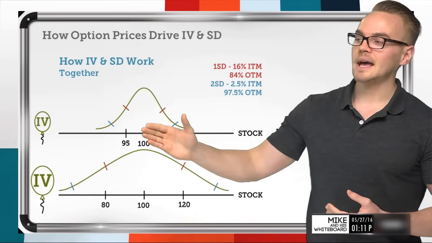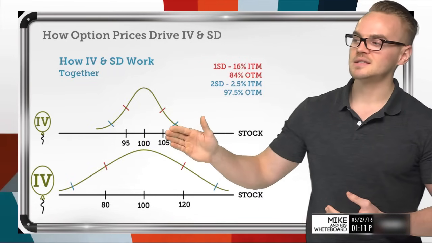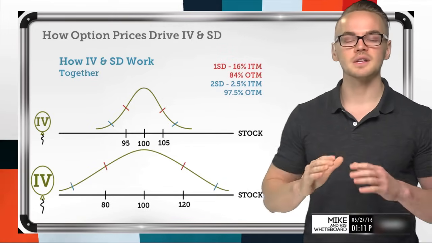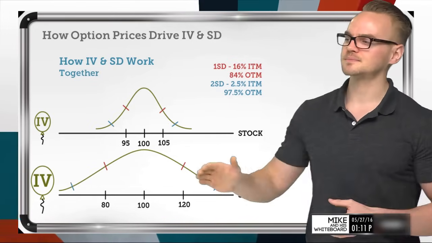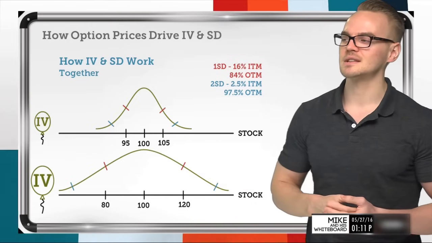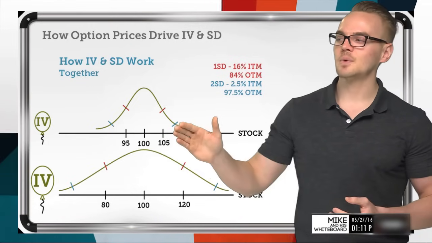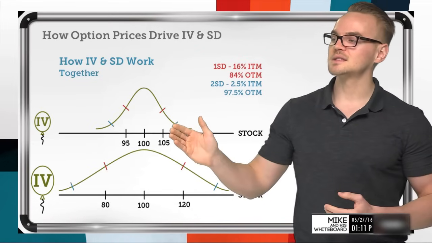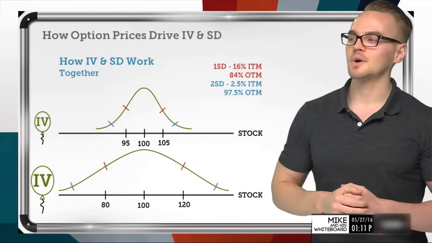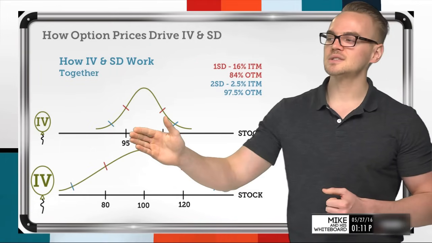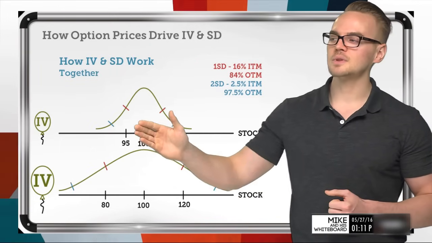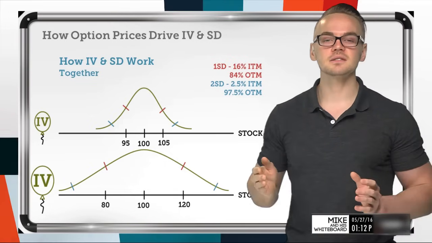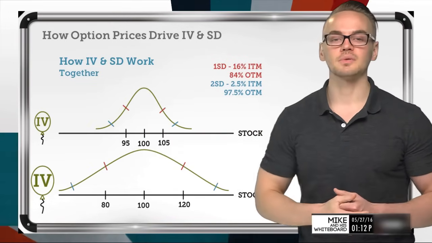So when we're looking at that right here, it's going to be the same to the upside, let's assume. Let's pretend there's no volatility skew at all. It's perfectly equal on both sides. So I'm looking at 1 standard deviation to the downside at 95 and 1 standard deviation to the upside. So if I'm looking at selling a call here, let's say that 1 standard deviation line was at 105. So as you can see, this 1 standard deviation range only covers a 10-point range. So just knowing that right off the bat, I can easily assume that this is a pretty low implied volatility